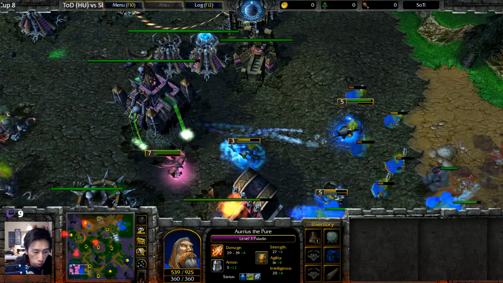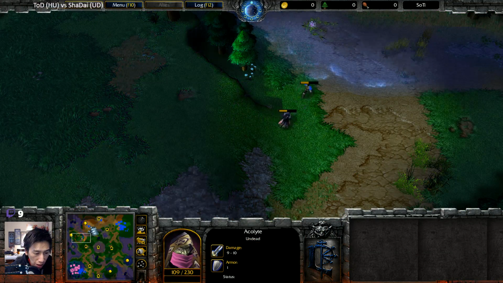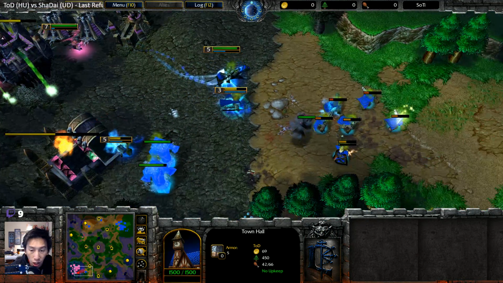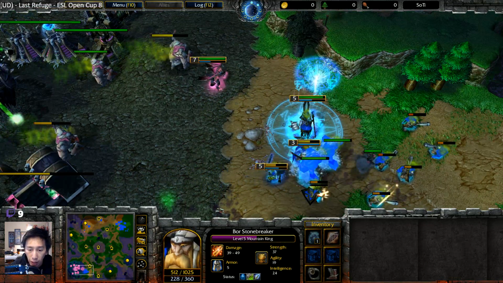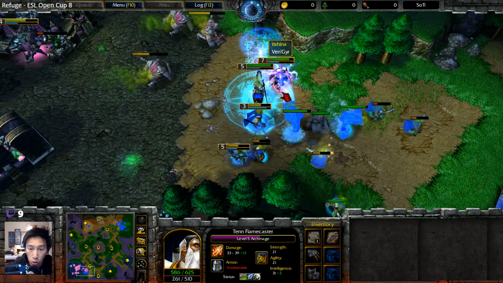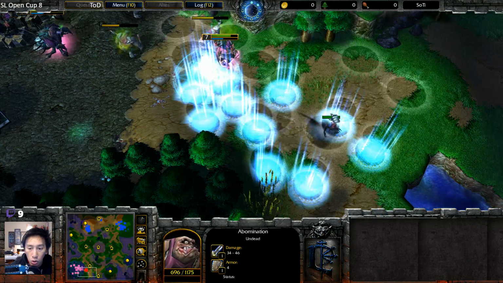You can see a little bit of reveals going down. A Peasant scouts that out. We are now mining away, and ToD is going to end up taking this, as ToD now pulls back. All right, there is the Archmage, Scroll of Town Portal, Stormbolt onto the Dreadlord, making sure that another Infernal is